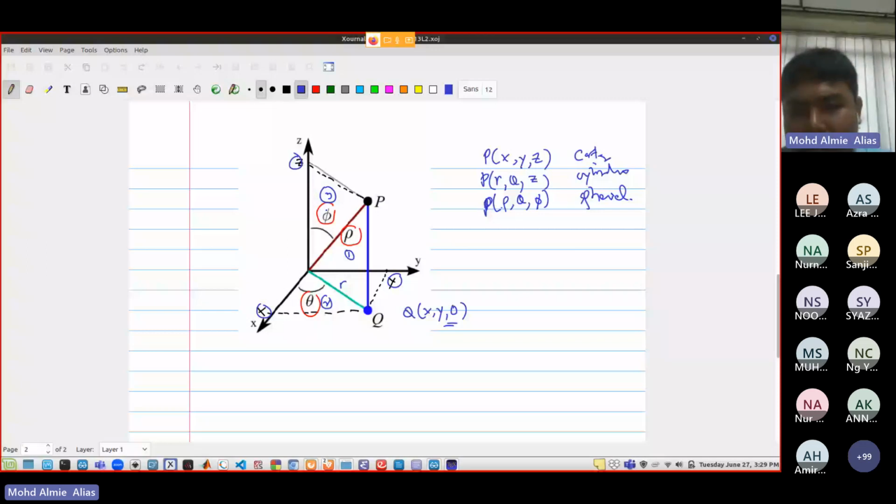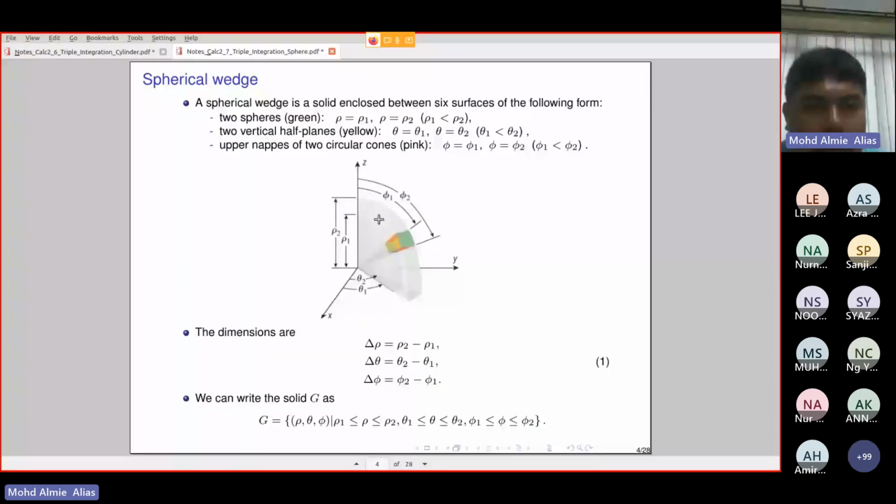And so you have rho, which is distance or magnitude, but now you have two angles describing a point. Which is quite, again, it's like making things more complicated rather than simplifying things. But it's actually, as described in our first slide,